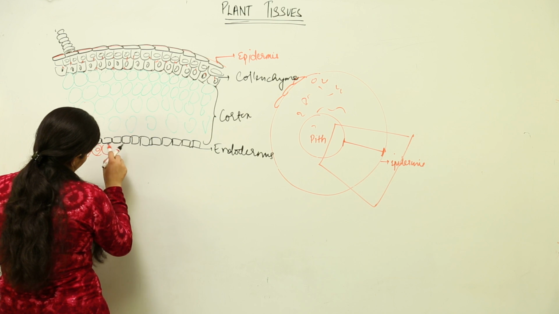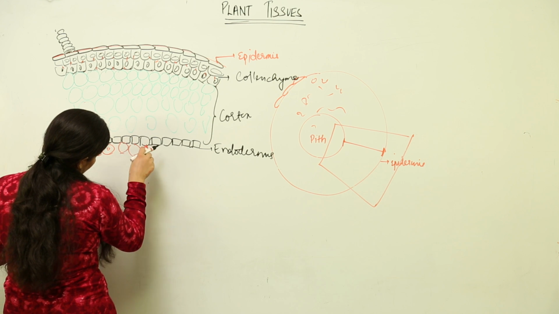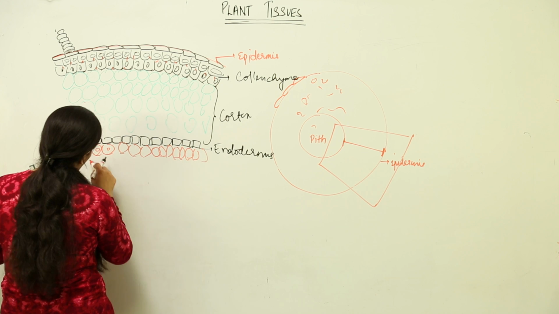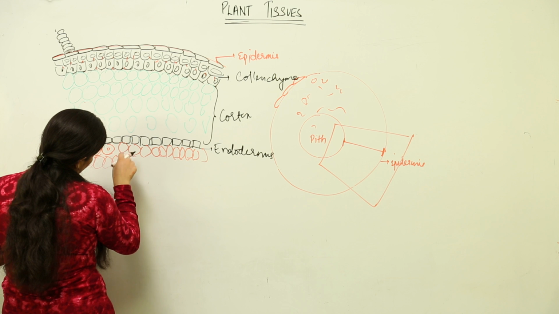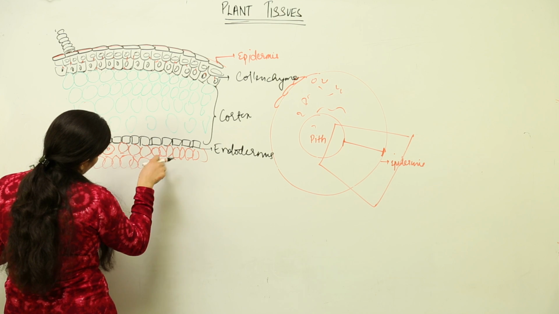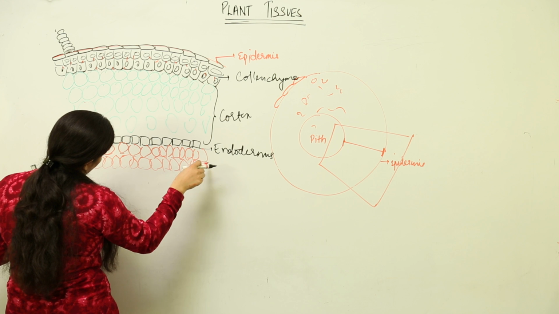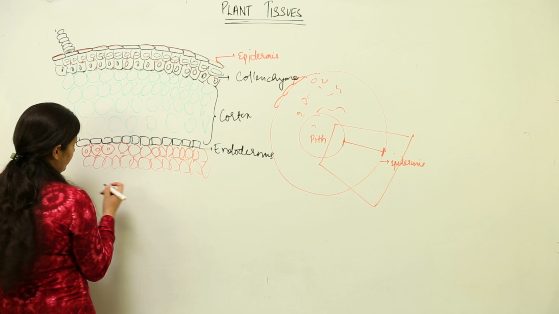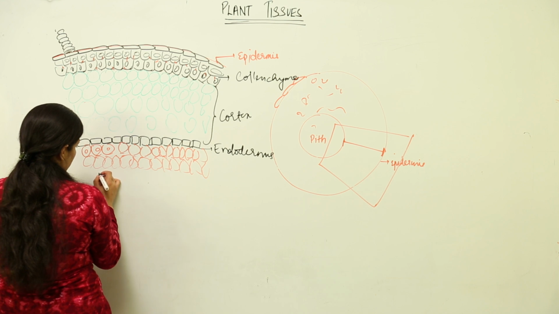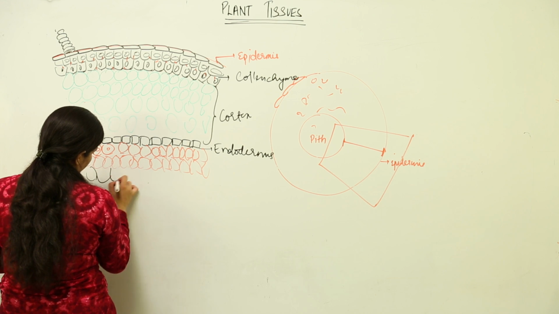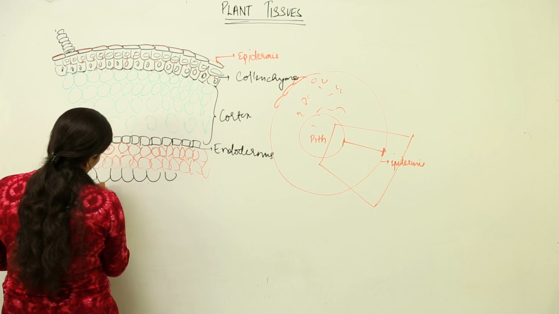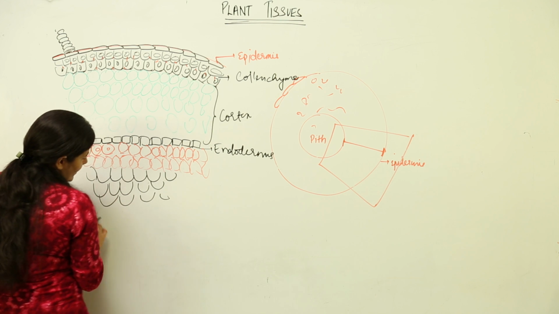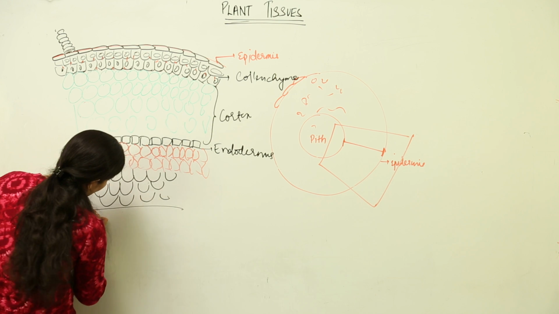Again, they are parenchymatous. Pericycle is present, 1 to 2 layer thick pericycle. Okay, like this. Okay. Now beneath this pericycle lies the phloem. Now such is the arrangement of phloem that here you are going to find patches of phloem, not completely phloem, but patches of phloem. There would lie a vascular cambium